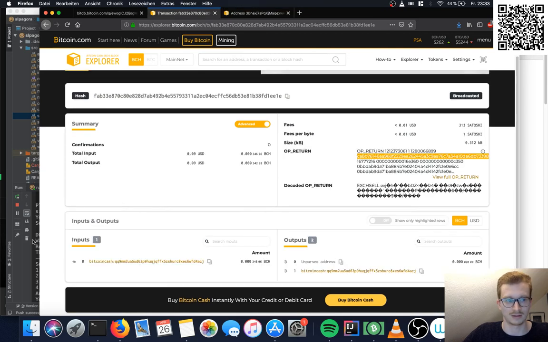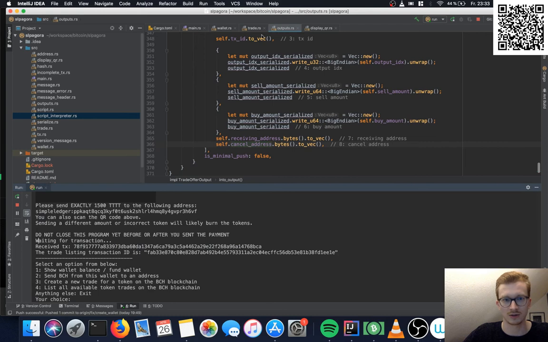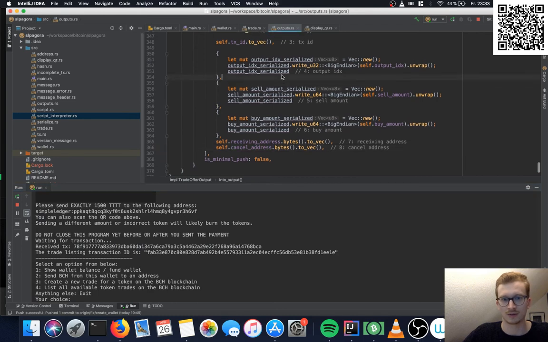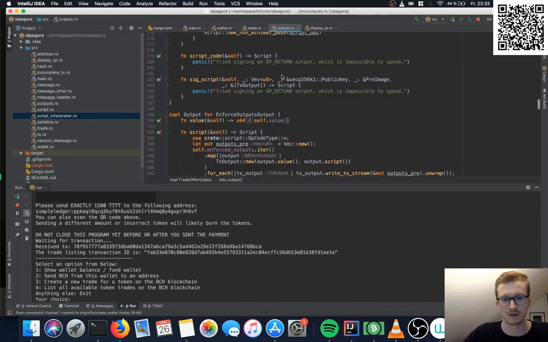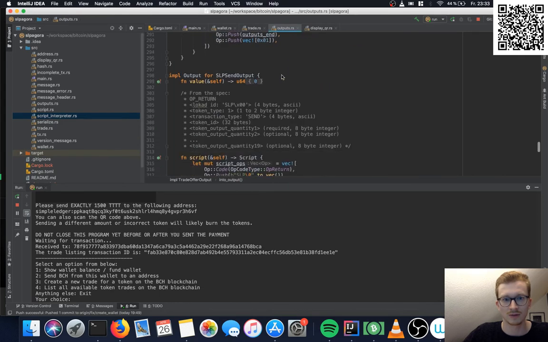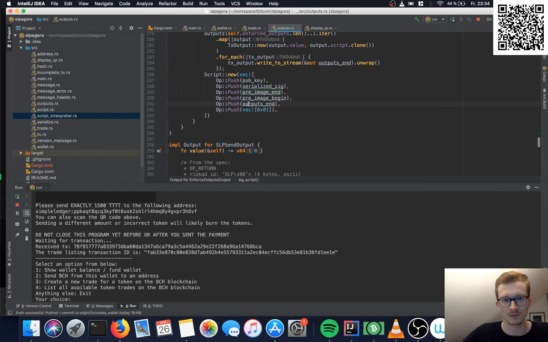Then he crafts a transaction which contains the 6 things I laid out previously. If he wants to spend them, then he has to push this flag at the end. If he wants to cancel, then 0.